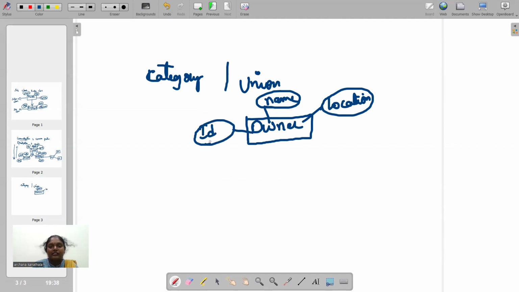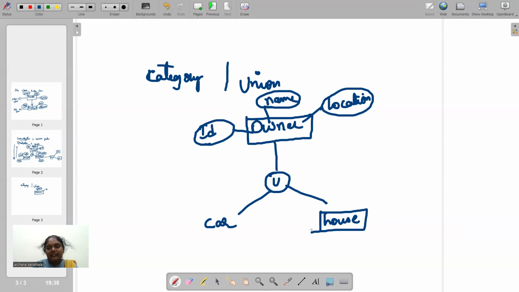Okay, identification details. Now, this owner can be taken as a union type. An owner could be for a vehicle, a car, or an owner could be for a house entity or for a car entity. These two are also real world objects. So that's how this owner is a more possessive kind of thing, and it can be applicable to the vehicle or to the building as well, right?